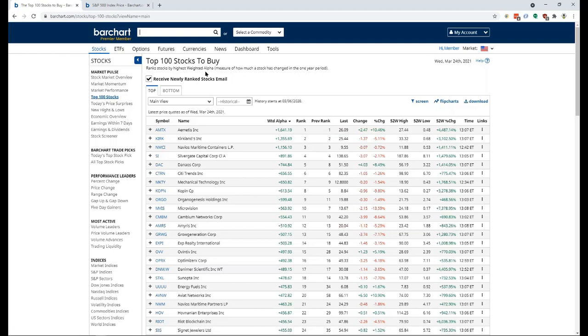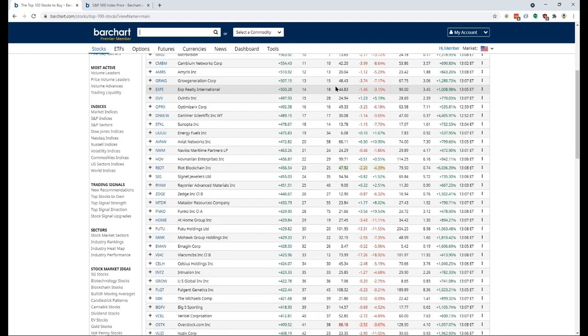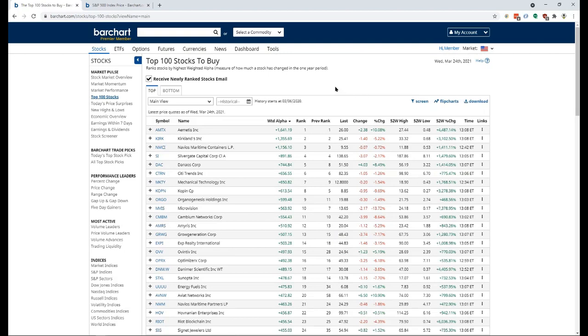What's good about the weighted alpha is it ranks all the stocks against each other. And it's weighted, so it's really current for the last 6 months. So what the weighted alpha tells you is how much this stock has really moved in the last 6 months compared to all the other stocks. What it doesn't tell me, though, and its weakness, is whether it's consistent or not. Okay. So then I started using the